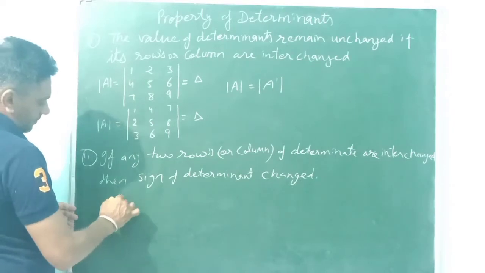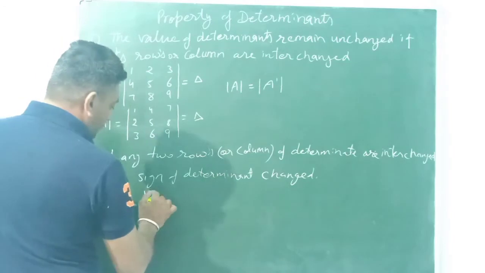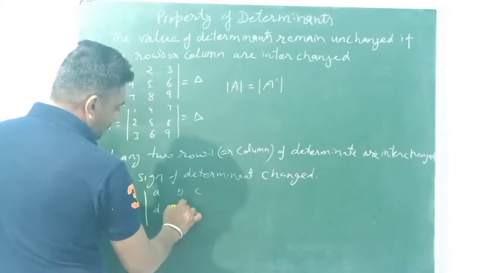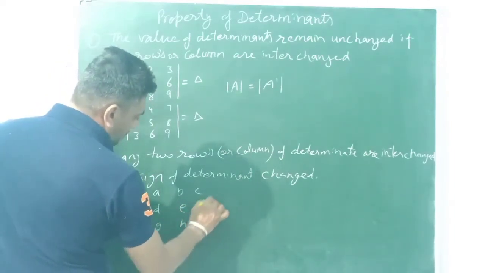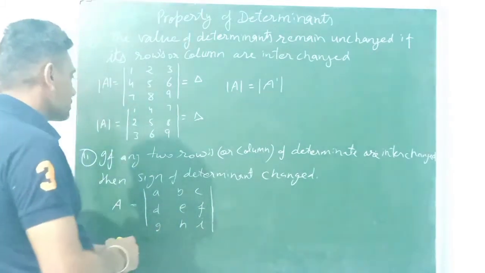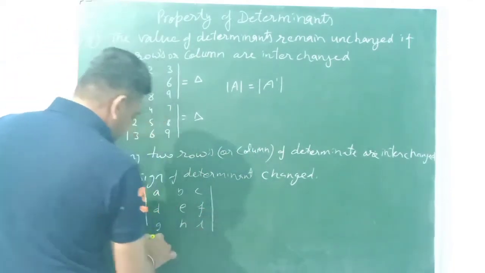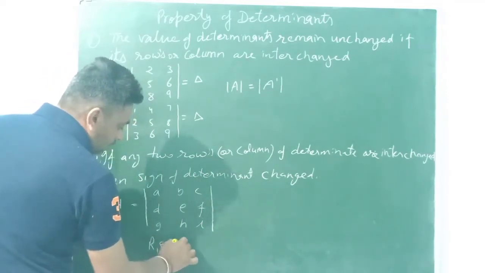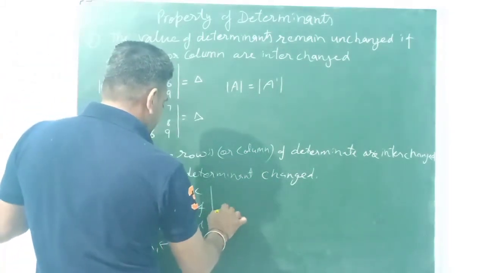Let's take an example: A, B, C, D, E, F, G, H, I. If this is a determinant, and we change any two rows or columns, meaning R1 goes to R2 and R2 goes to R1, then it becomes